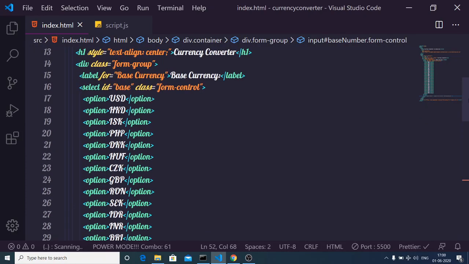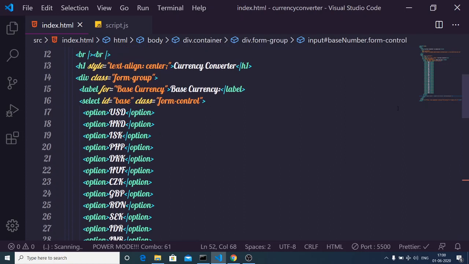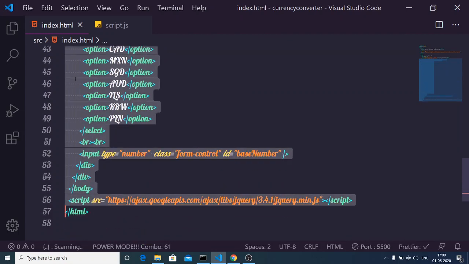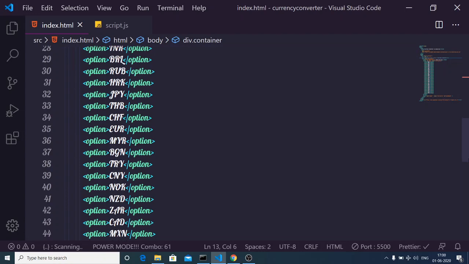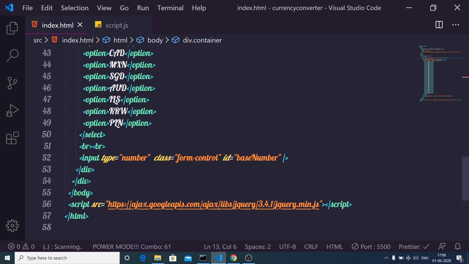So what I can do here is that I can just copy paste this code, and after this I can just paste it.